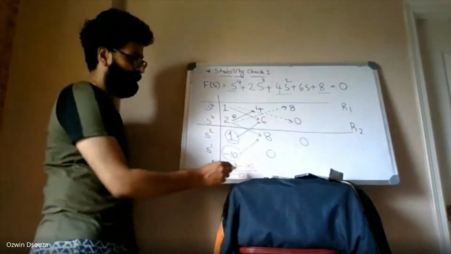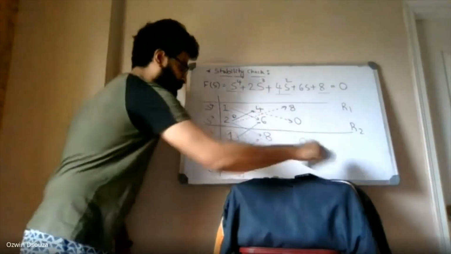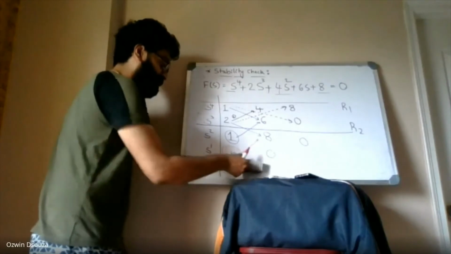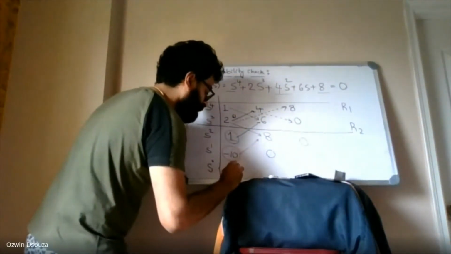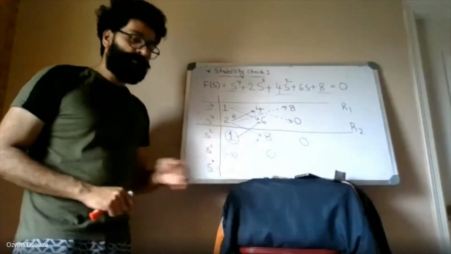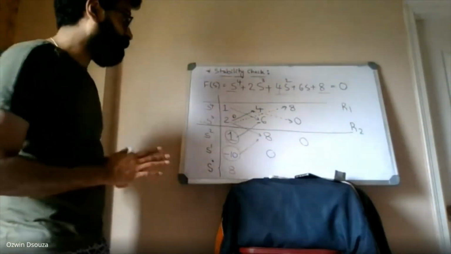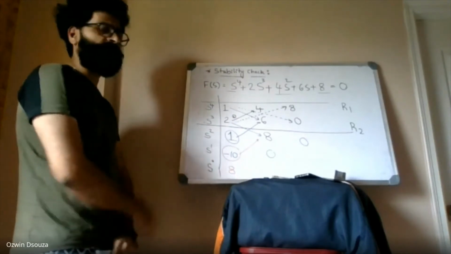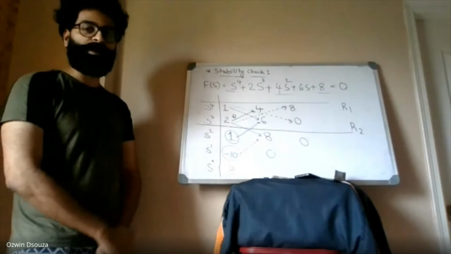So what do I get? Minus 10 gets cancelled. So I'm left with 8. So the coefficient of s to the power 0, I will get it as 8. And I can say that I have executed the multiplication properly. Okay. So this is how you find the entries of the remaining rows. Okay. That's fine. That's the manual work which you have done.